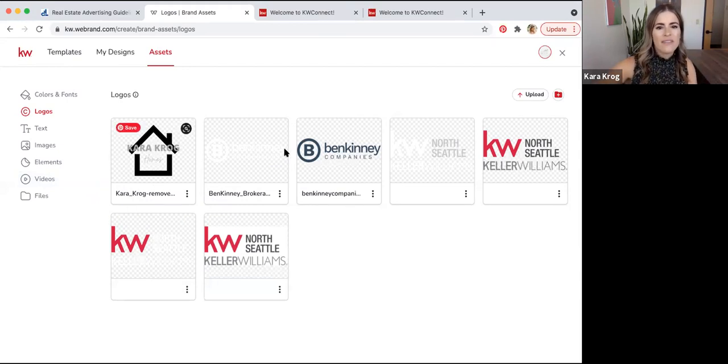And do you see how all of these have the transparent background? Now, when you go to actually download these from KW Connect, there will be some that will download on your computer that have the transparent background. So keep that in mind. They are all in the same place. You don't have to remove the background off of these. There should be some that already have the background off of them. And these are just going to be so much more practical and so much easier to use than the ones with the white on the back. The white on the back looks great if you're putting it on a white flyer, but if you're putting it over any other color, it's so much better to have that background transparent, or over a picture.